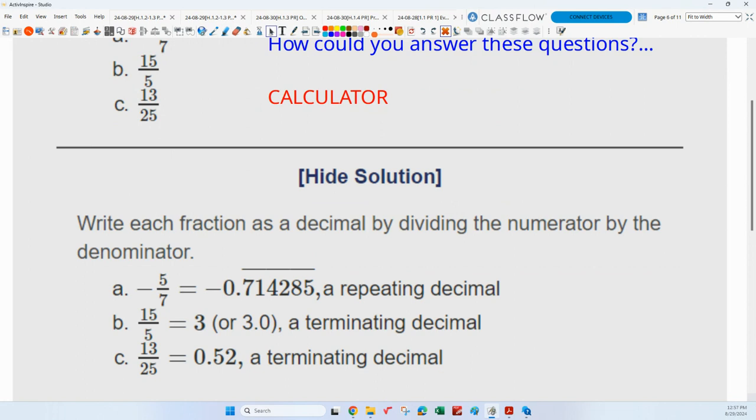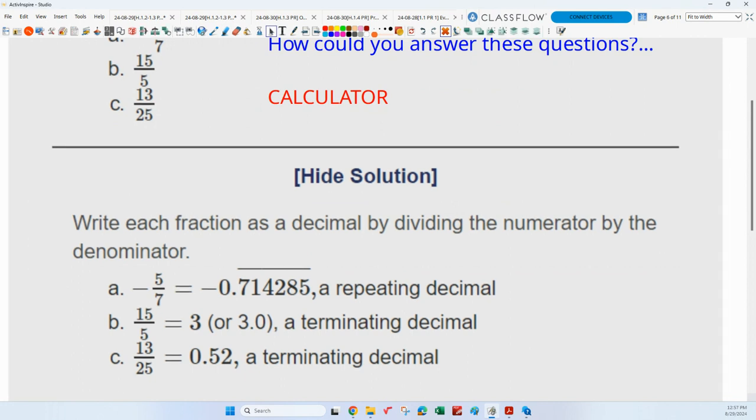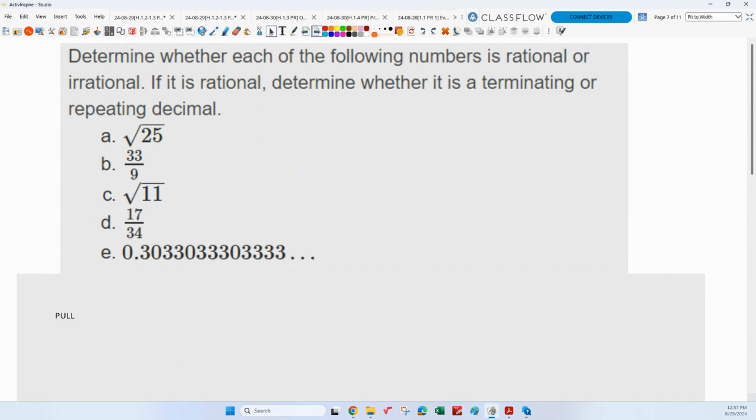Sometimes you have to go quite a ways before you see what the repeating part of the pattern is. But I knew that had to be either repeating or terminating because it's a fraction. I had to go clear out 1, 2, 3, 4, 5, 6 places. That's how many digits are in the repeating part, though. So I have to keep going out there quite a ways to see the part that keeps repeating over and over again. Okay. What about